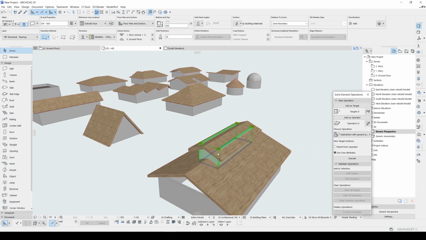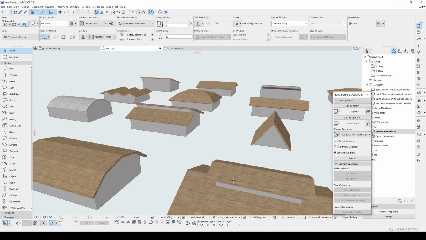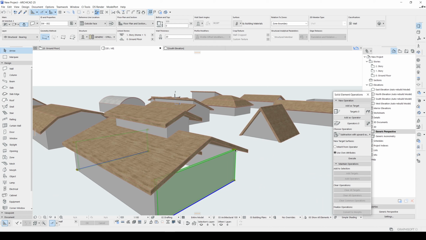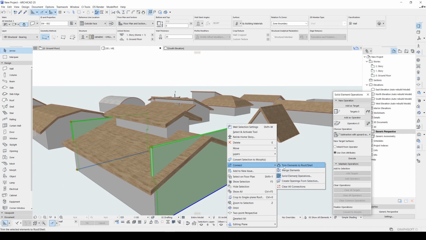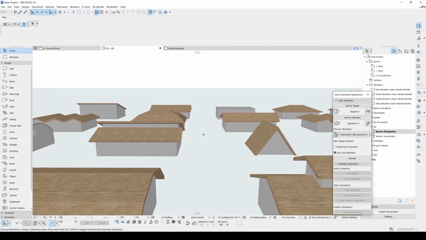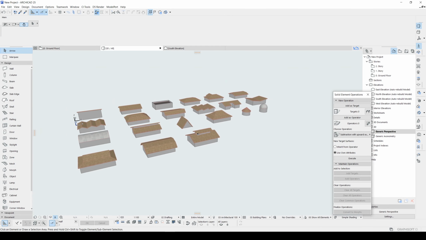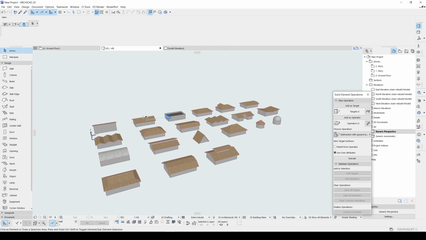After that, we will trim our walls from the roof, and the same will happen from the sides. Just like that. This was the final monitor roof. And that's all. We have 21 additional roof styles created in ArchiCAD.